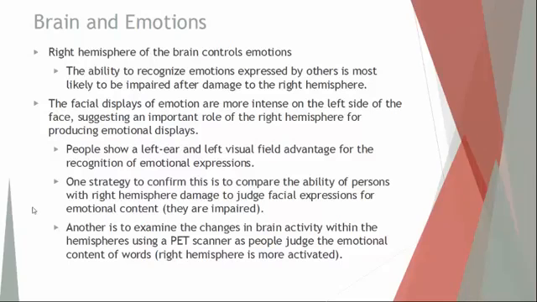Okay, another way to show this connection between the right hemisphere of the brain and emotional connection and brain activity in general is to use a PET scanner to judge the emotional content of words. Words like happy, sad, angry, scared, and see if there is more activity in the right hemisphere. And for most people there is. And for people who can't recognize the emotional expression of someone's face and be able to distinguish what emotion they're expressing, that data will show that the right hemisphere is damaged or is impaired.